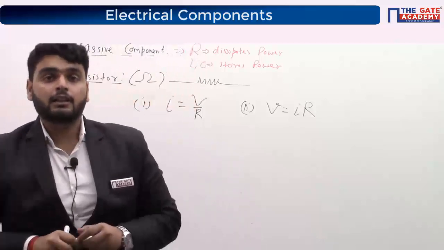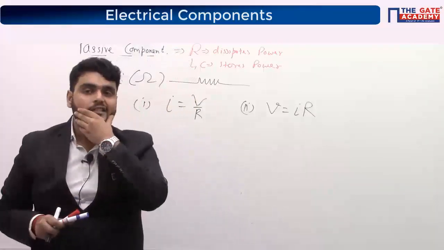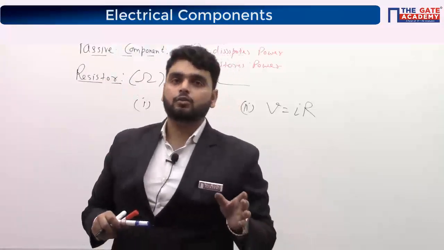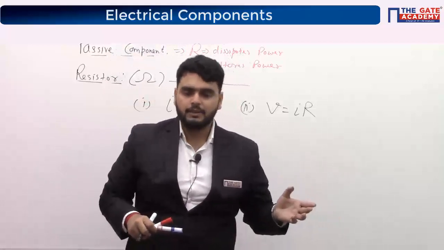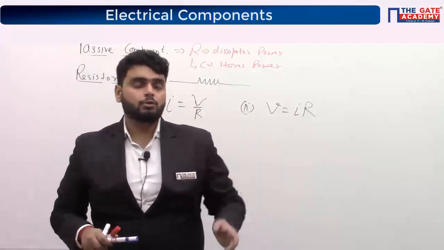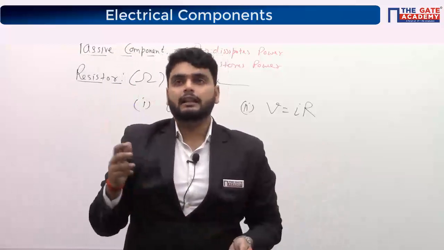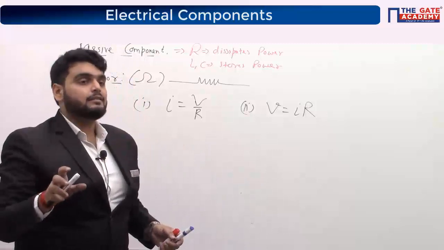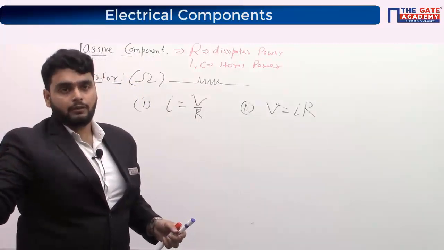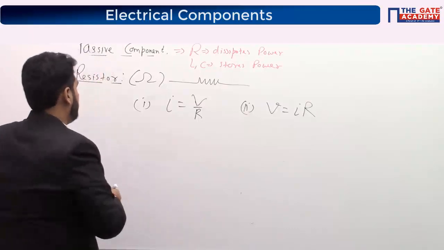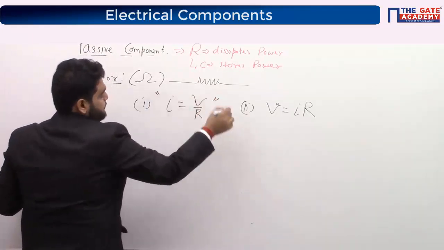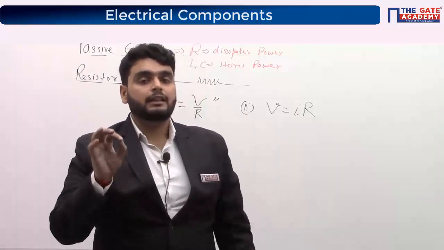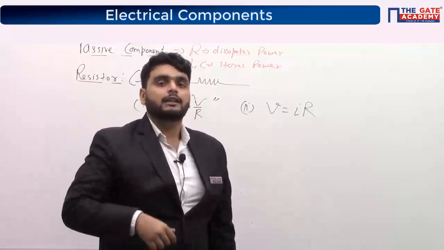I know this is a common mistake made by students. If you remember your school time, whichever board you are from, CBSE, ICSE or state board, you learned Ohm's law in class 10th or 11th, I guess. So in that book, or according to the founder of Ohm's law, Sir Ohm, Ohm's law is this one: I is equal to V by R.